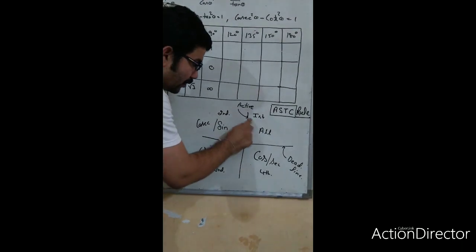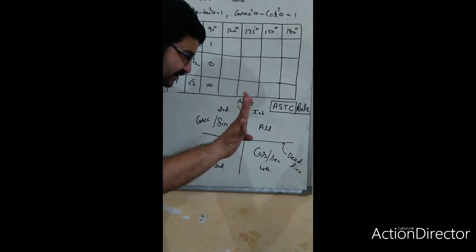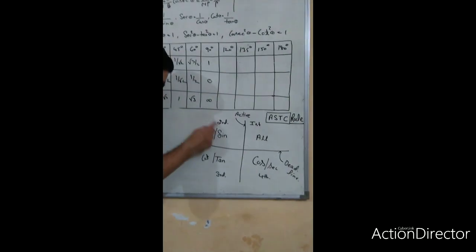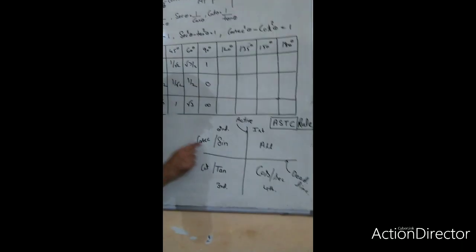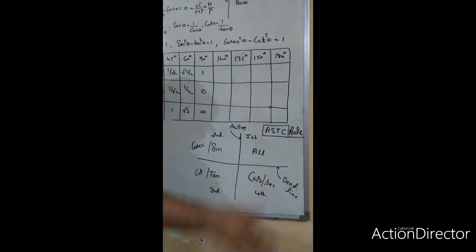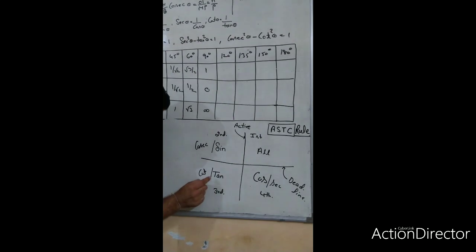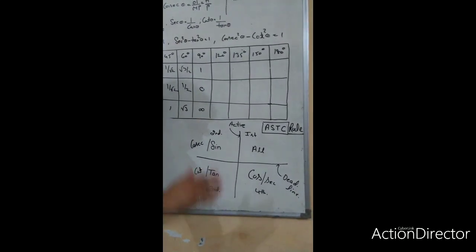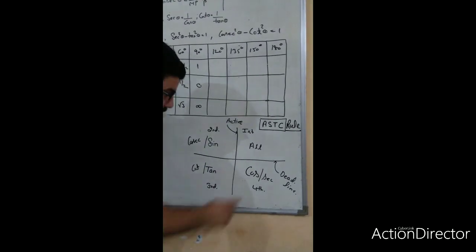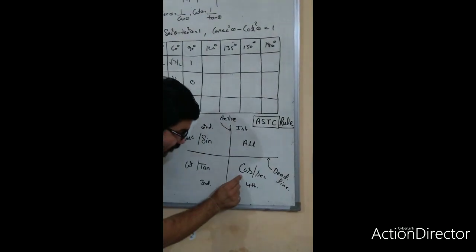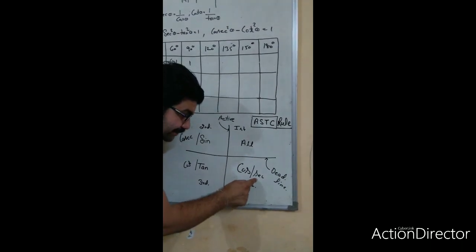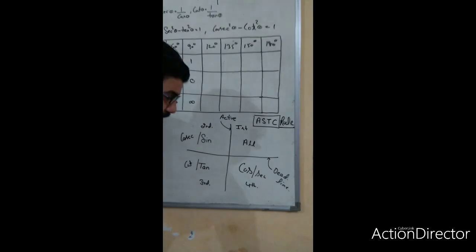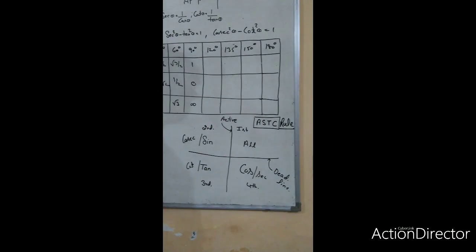In first quadrant, all trigonometric ratios, that is total 6 trigonometric ratios, all will be positive. While in second quadrant, sine and its reciprocal cosecant will be positive, but the rest of all 4 are negative. But in quadrant number 3rd, tan and its reciprocal cot will be positive, and the rest of all will be negative. But in quadrant number 4, cos and its reciprocal secant theta will be positive, and the rest of all 4 trigonometric ratios will be negative in that quadrant.